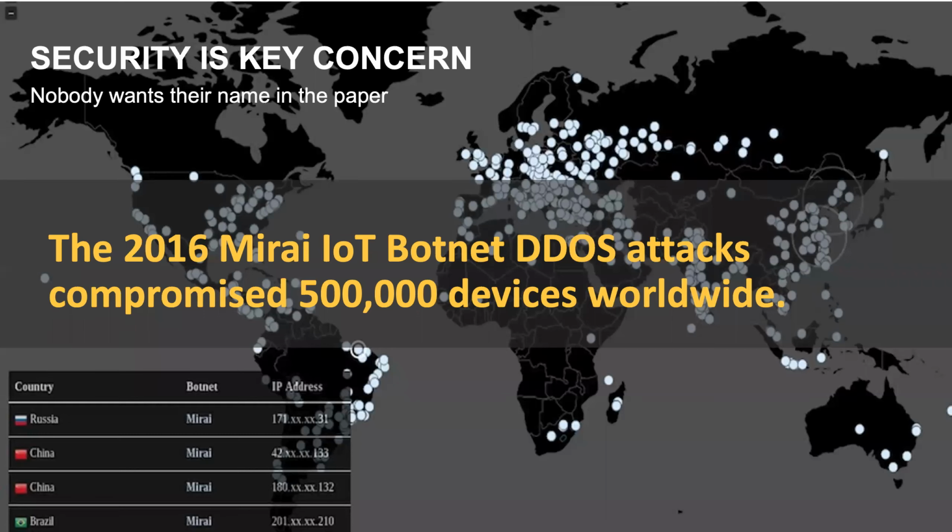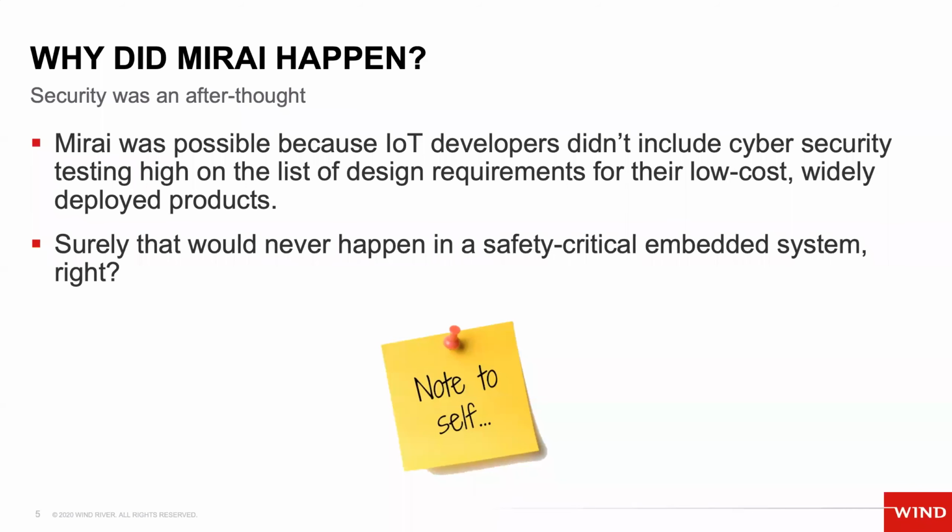Now, there wasn't a lot of knock-on from that. This was resolved. People understood how it occurred. It opened everybody's eyes to the problem of consumer-grade IoT devices potentially being hijacked. So the important thing, though, is not to believe that this isn't a problem for perhaps more industrial applications. Despite the fact that security was clearly an afterthought to the IoT developers and the designers of the types of devices that were co-opted in that attack,